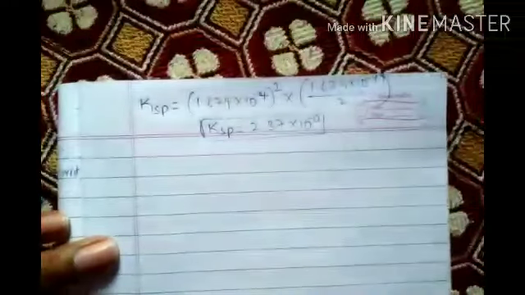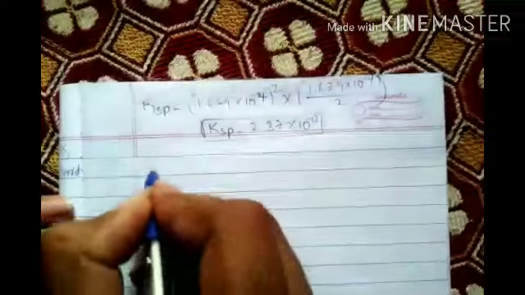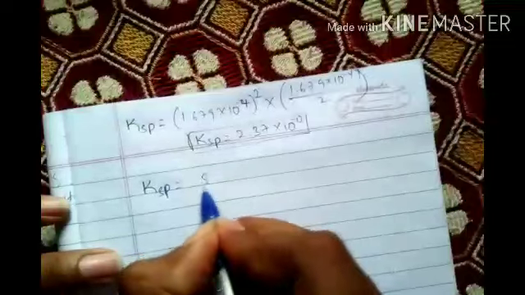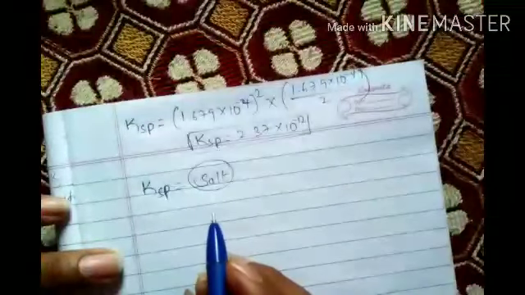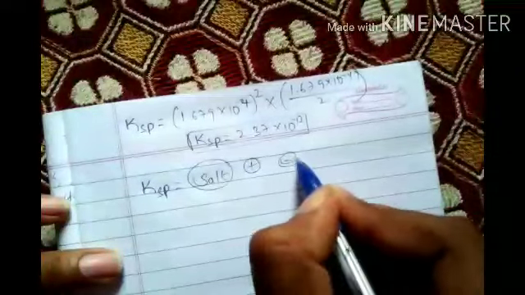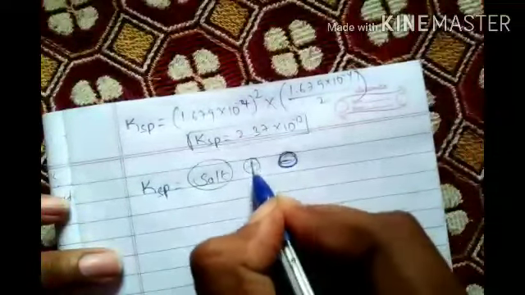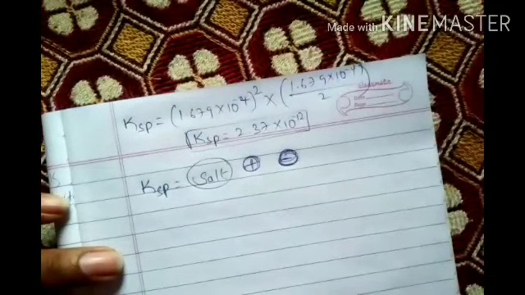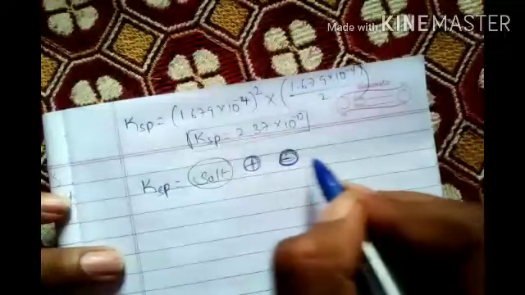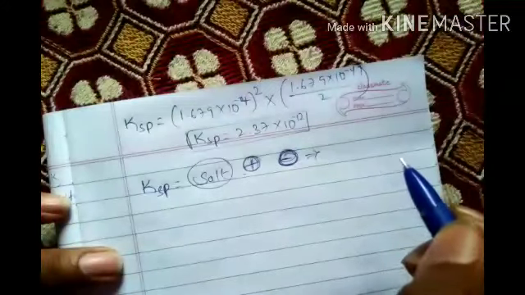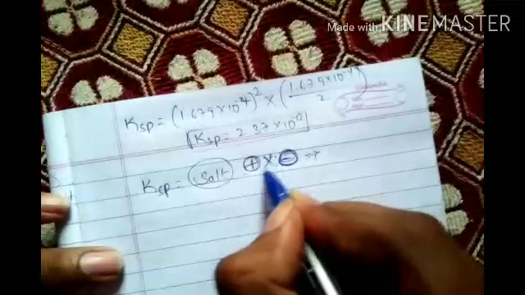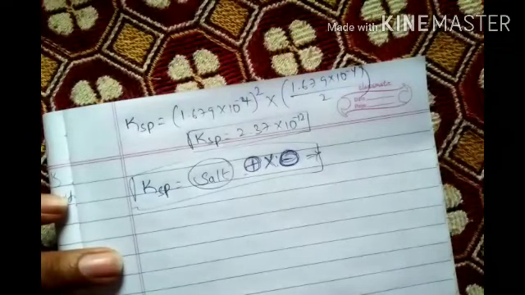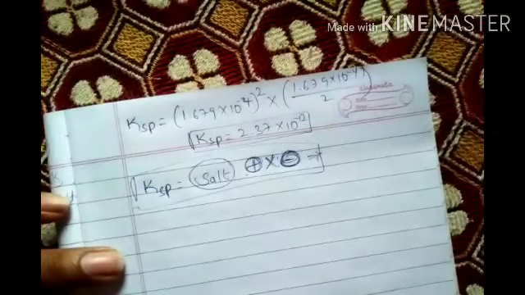Now this is the final conclusion. But about Ksp I have to tell something. This Ksp means a salt. You take any one salt. What are the positive, what are the negative? This we completed in the equilibrium chapter, solubility product, and also discussed in previous classes. A salt definitely has cation plus anion both. So cation into anion both we have to take, that is called Ksp. This is one kind of reaction.